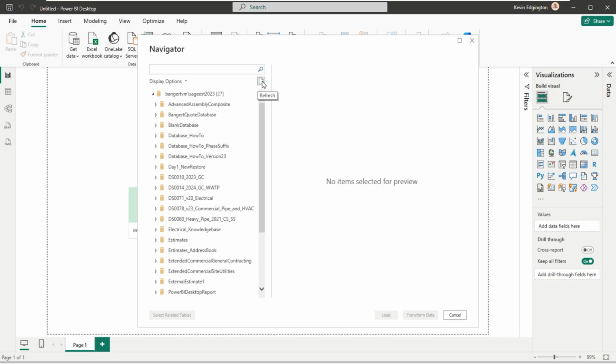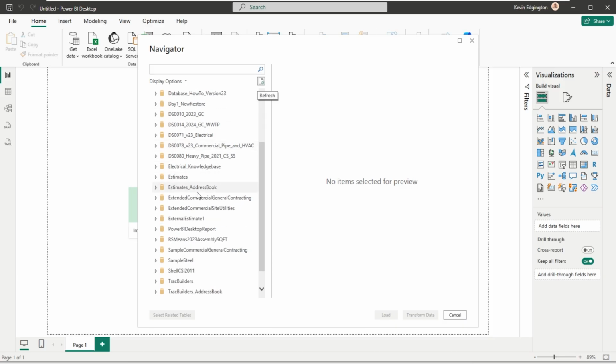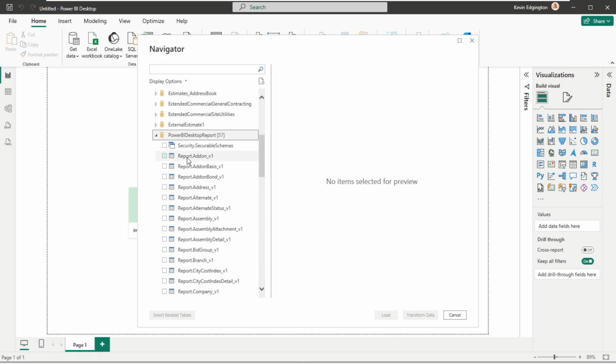I wonder if I refresh, would that force it to? Nope, so it must already know my credentials because of doing the other one. So basically, these are all my different databases. And as I look down through the list, Power BI Desktop Report, that is the one that we just built a few minutes ago. So if I take a look at this, this is going to show everything here. It starts with the word report and kind of a little V behind it, that these are all views. So I'm not necessarily interacting with a straight table of the data and things of that nature. This is basically just a view of it.